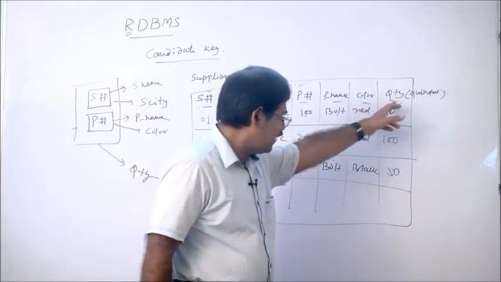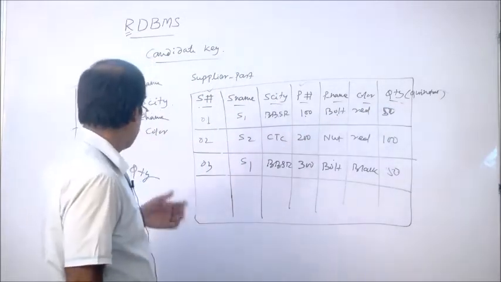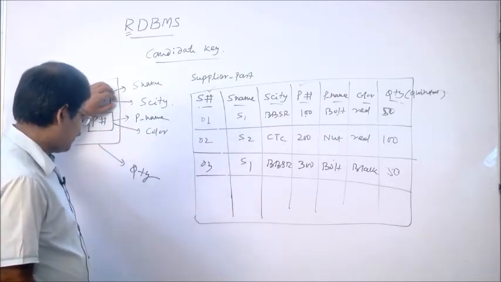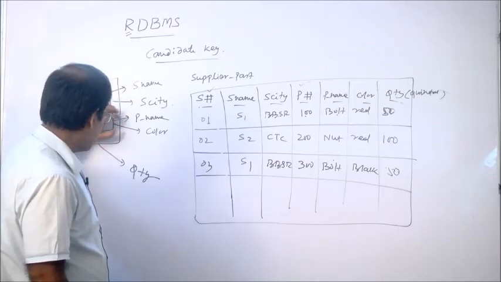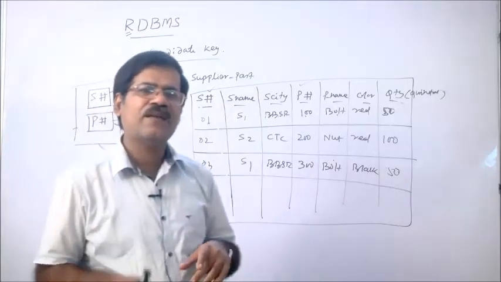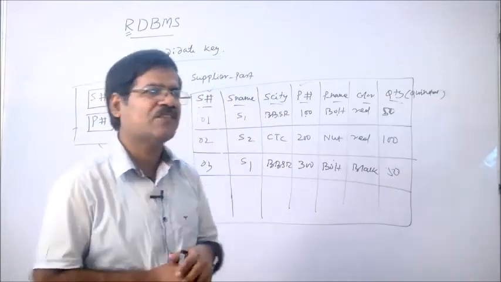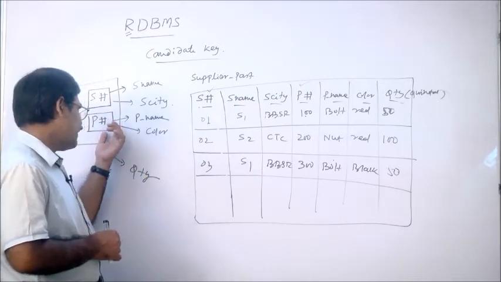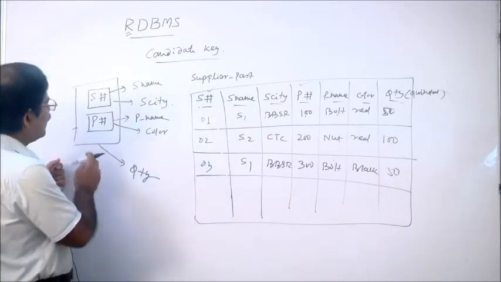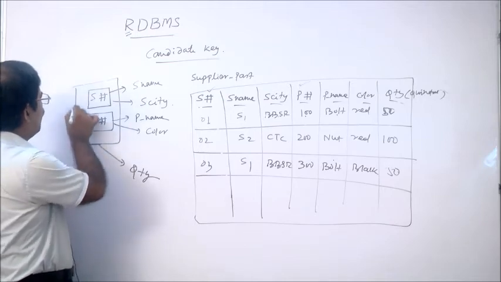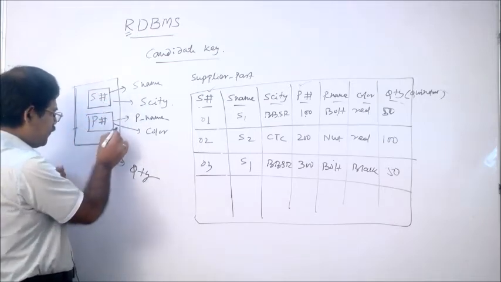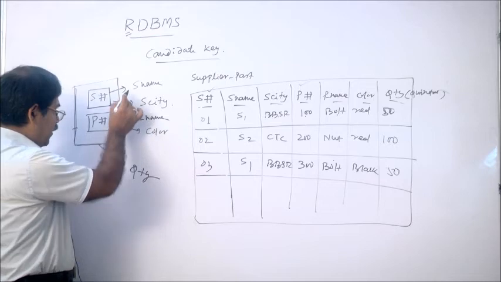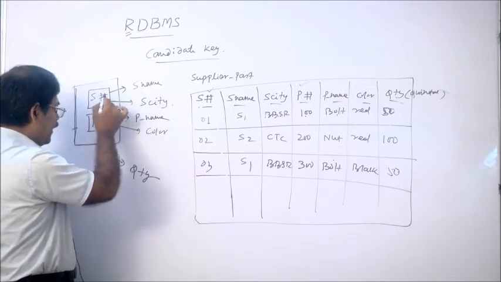And quantity is one field, it is fully dependent on what? It is fully dependent on S number and P number, because only P number, quantity has no meaning, part quantity has no meaning, and again supplier part has no meaning. So which supplier supplies which part and how much quantity has some meaning. So quantity is a non-key which is fully dependent upon S number and P number. That is why the arrow is coming from outside, that means it is fully dependent upon both S number and P number. But this arrow is coming here, these two fields are fully dependent on P number, and S name and S city are fully dependent upon S number.